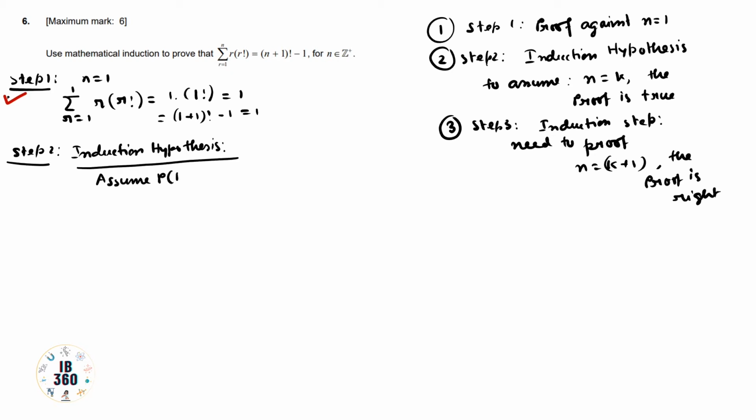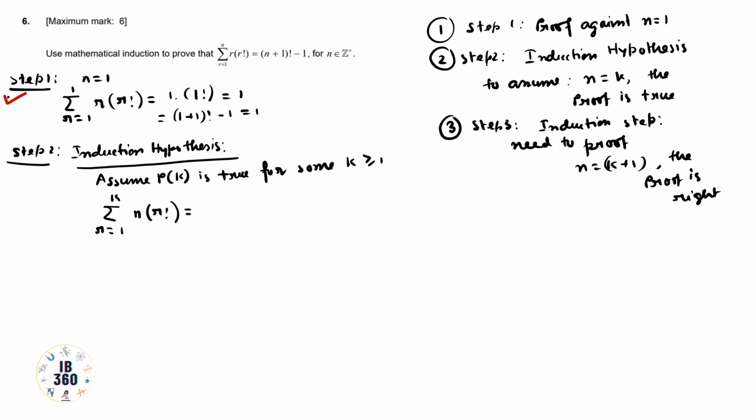P(k) is true for some k greater than or equal to 1. Why is there an equal to sign? Because for k equals 1 we have already proved that particular part. Now what is k? k is any arbitrary value of n. So assume P(k) is true for some k greater than or equal to 1. The minimum value of k will be 1. So the summation r equals 1 to k of r times r factorial